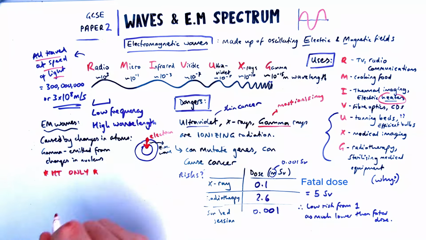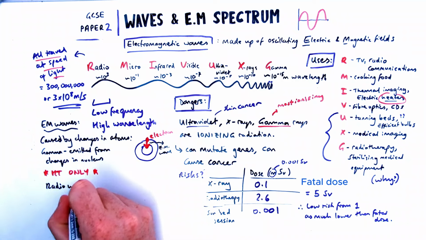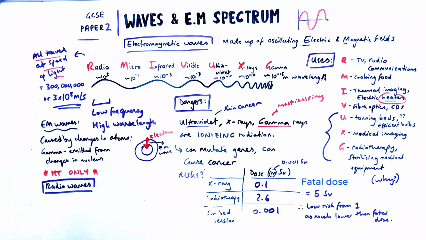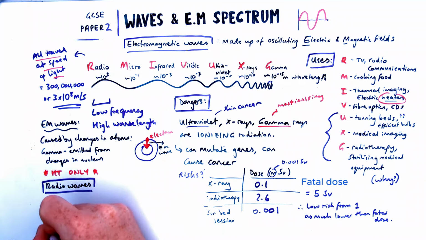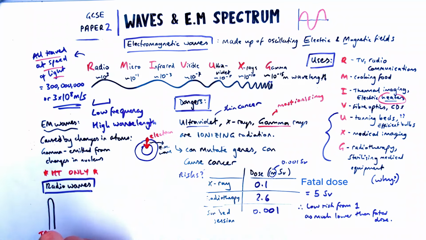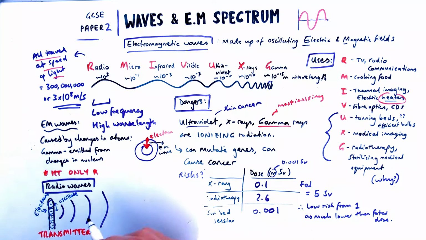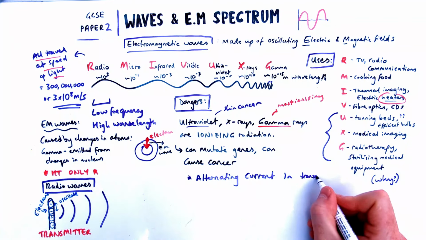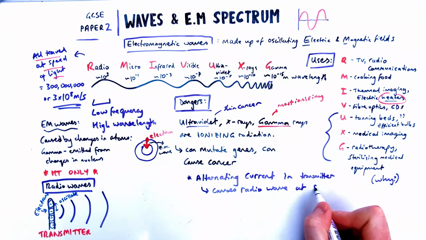The last part of this topic on the electromagnetic spectrum is for higher tier students only, and it is a tricky one, but it comes up a lot in exam papers. A question might say, how are radio waves transmitted from a transmitter or received at a receiver? So from a transmitter, what happens, you have a metal which has free electrons. The electrons are caused to oscillate. When electrons oscillate at the right frequency, they produce a radio wave. So we'd say the alternating current in the transmitter causes radio waves to be emitted at the same frequency as